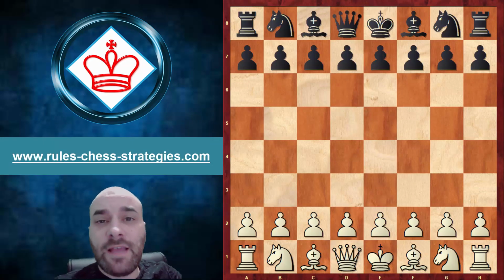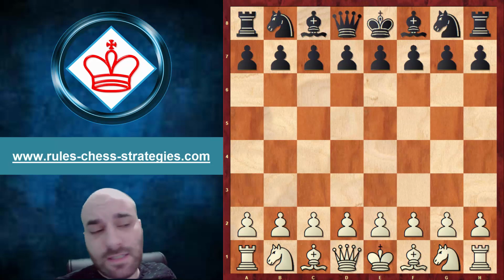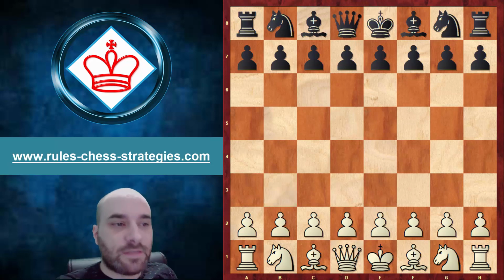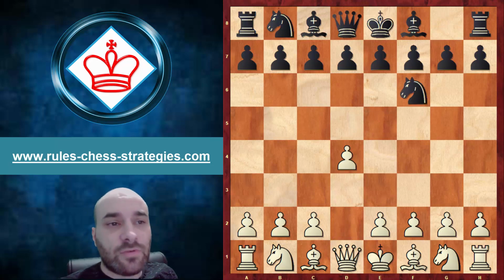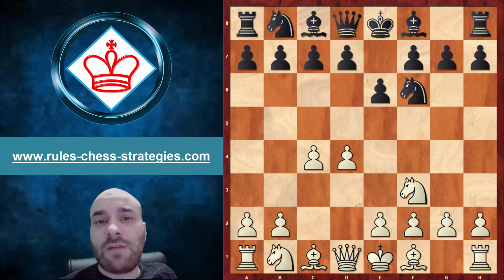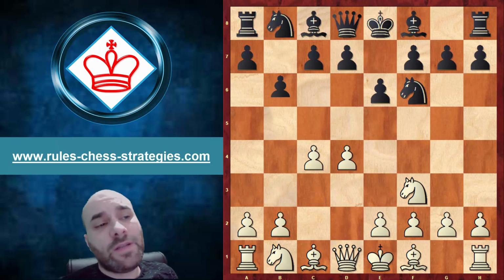Let's examine today the Nimzo-Larsen attack. We can start the system with this move, b3. It looks curious actually, but let's see another system. After d4, knight to f6, c4, e6, and now knight to f3, we have one of the most popular openings,